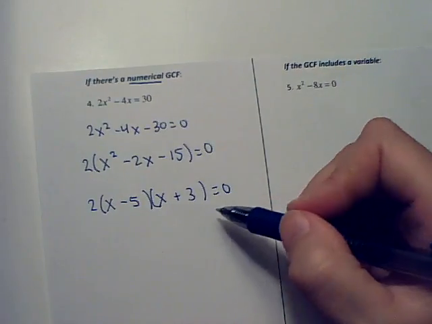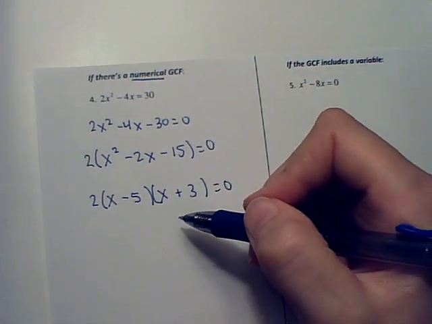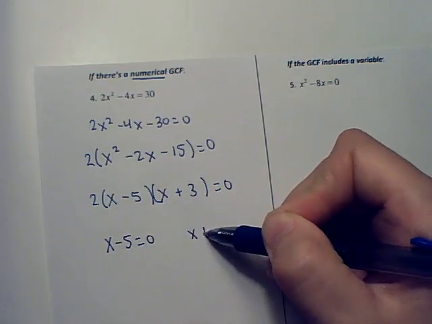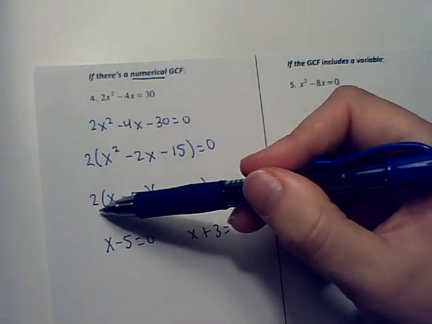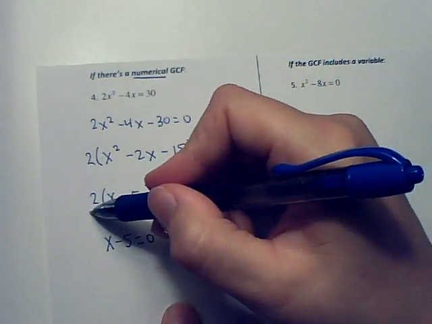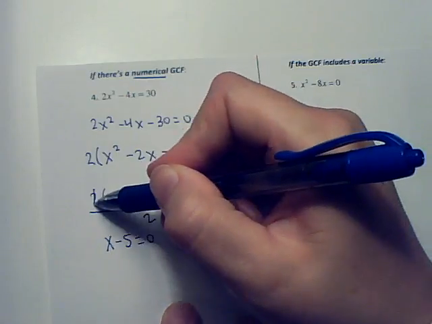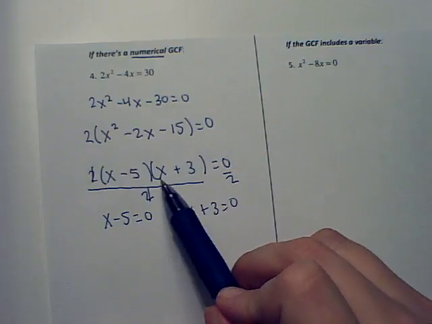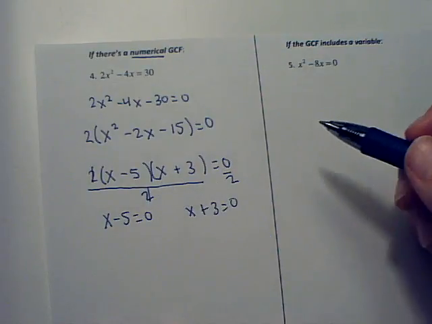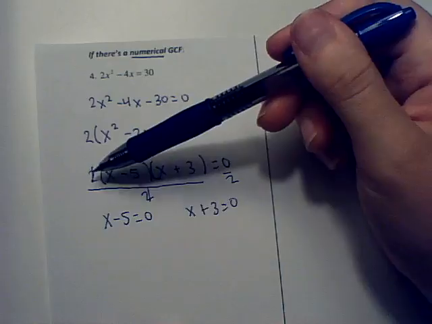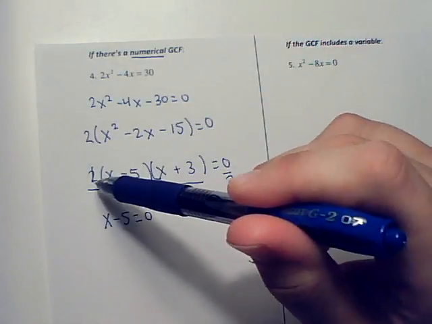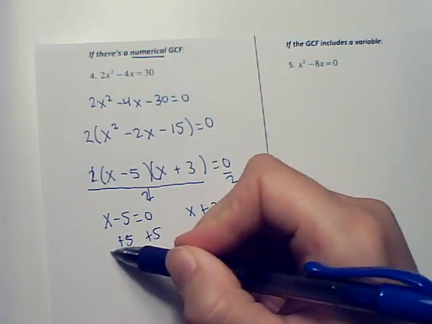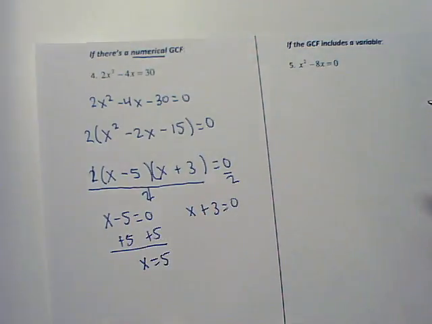Okay? So now, what we want to do is set each factor equal to 0, and so the factors are going to be where the variables are. So this x minus 5 will set equal to 0, and the x plus 3 will set equal to 0. We do not need to set the 2 equal to 0. So essentially what we're doing is basically we are dividing this entire thing by 2 and just getting x minus 5 times x plus 3 equals 0. So when you are solving, the GCF isn't important, but when you are factoring, you have to leave the GCF there. Okay, so if we finish out this problem, we're going to get x is equal to 5, and then